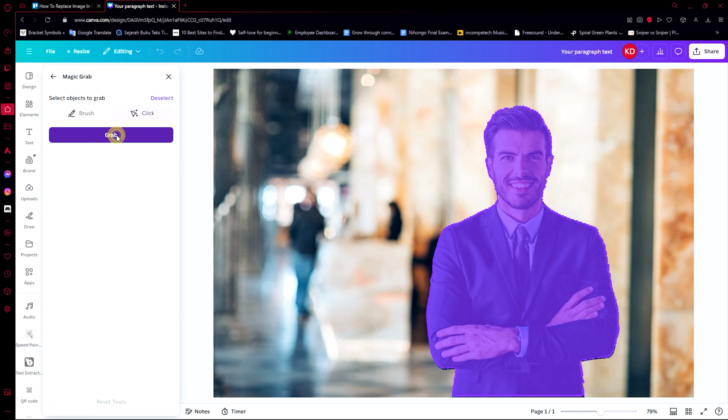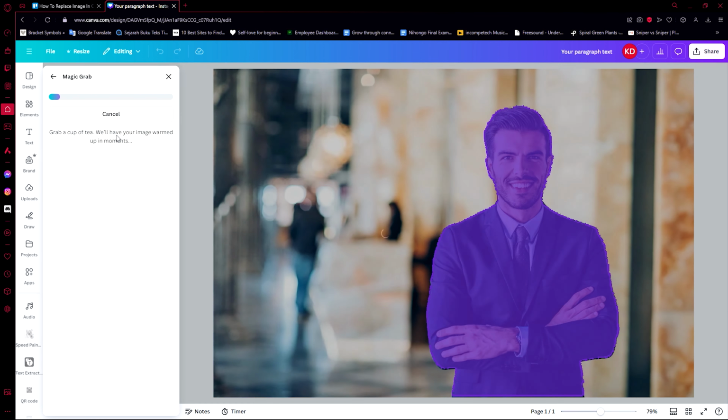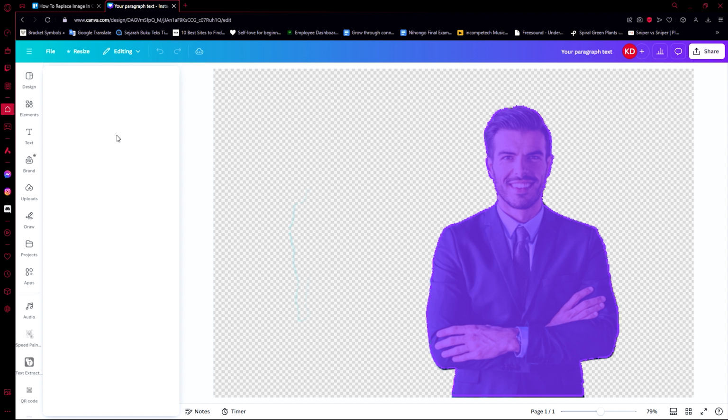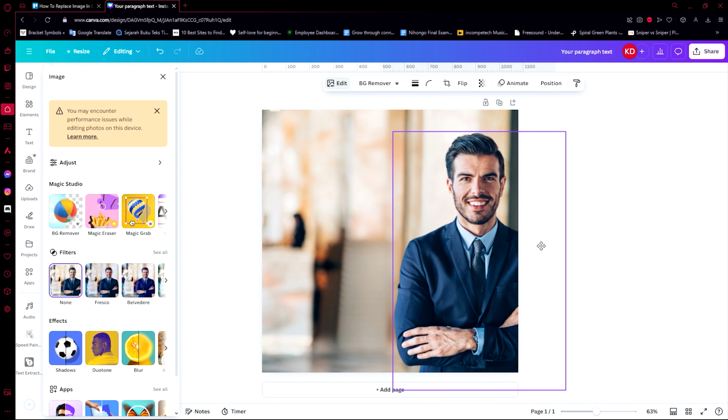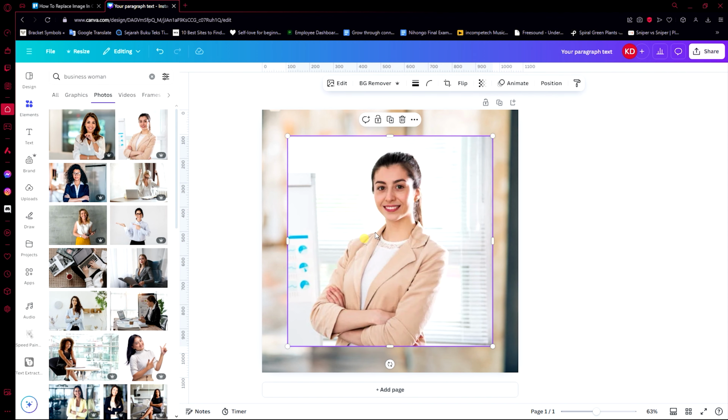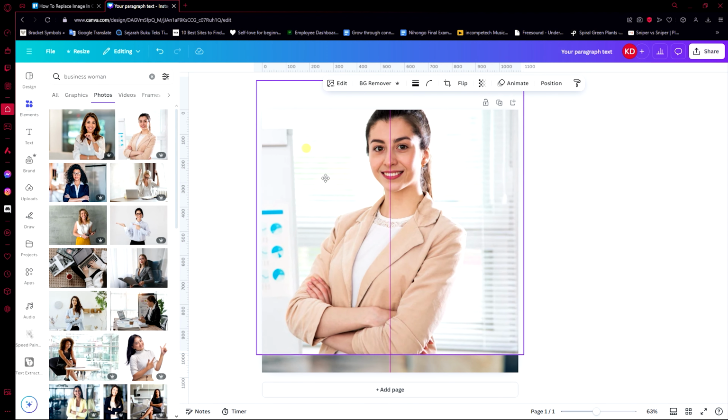And what it will do is use artificial intelligence to replace the background of the person with a background that corresponds with the rest of the background to make it look seamless, like the man wasn't there in the first place. So now we have successfully gotten rid of the man, and we can now move him around. It's that simple. And now we can just add this woman here right now, and what we can just do